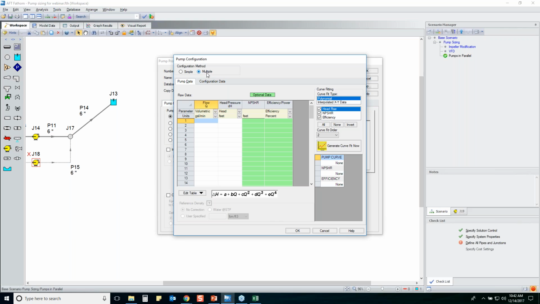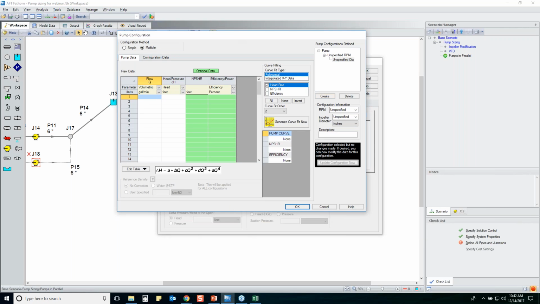The other way is multiple. So for multiple, this is where you can create a whole family of curves. And they can be related or unrelated. It doesn't matter. They don't have to be the same vendor. You can do all sorts of different vendors, and they can be completely different and not match, and you can still do this. So I'm going to create, well, first of all, I'm going to